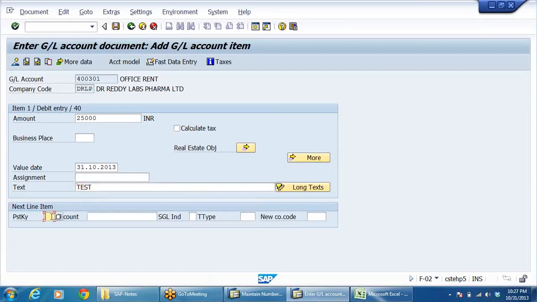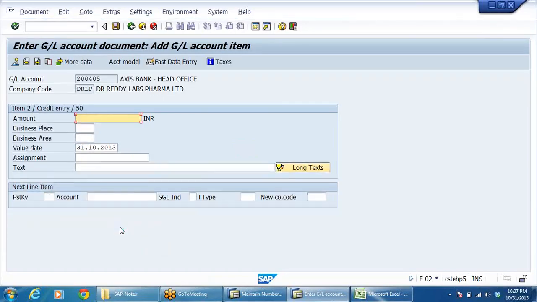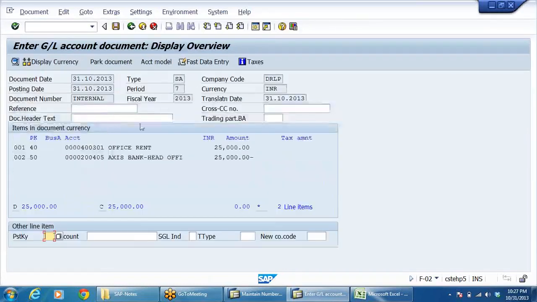Just test. Right, say 50, 204.05. Right. Now let us see any error messages.